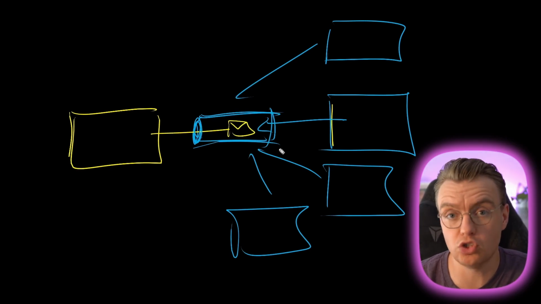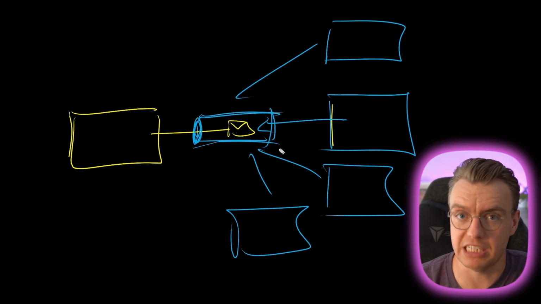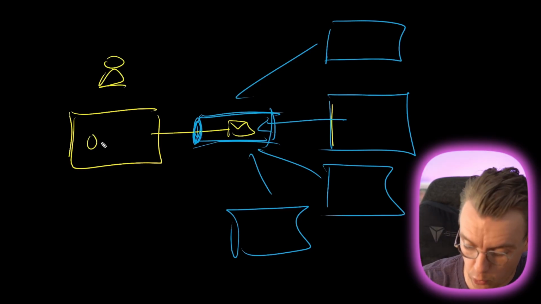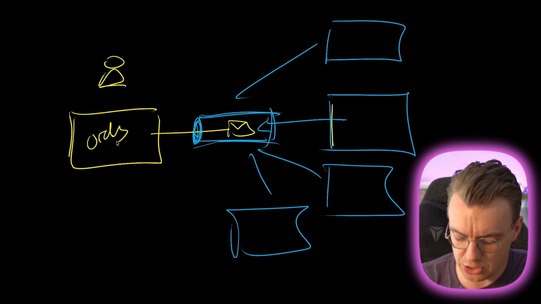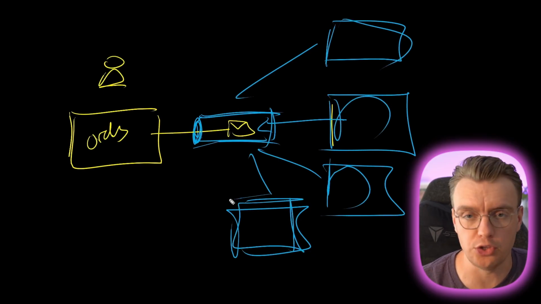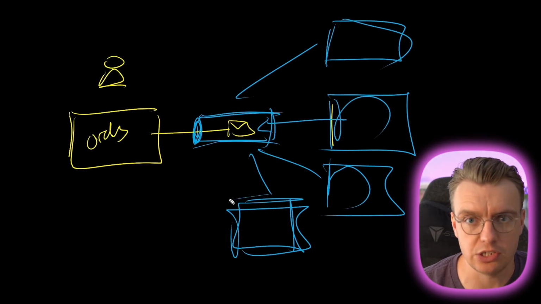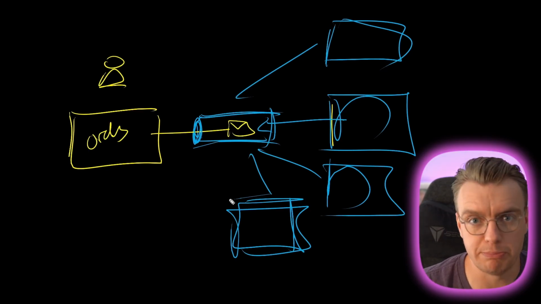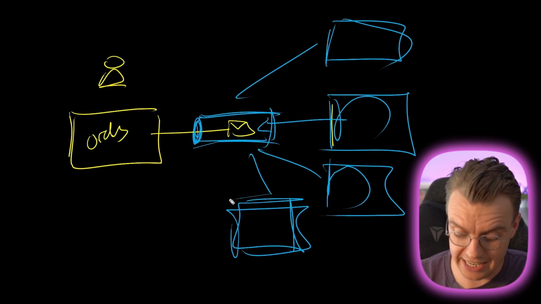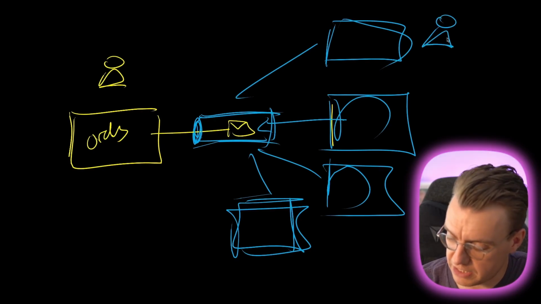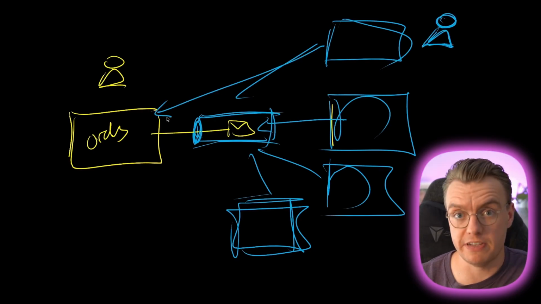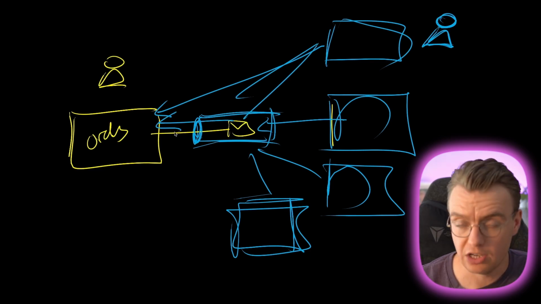It does make understanding cause and effect incredibly difficult, because understanding that as a developer of this service here, maybe this is the orders service, understanding that actually you've got these 4 downstream systems that are all really dependent on you, not making breaking changes or not stopping publishing events or changing how you do things. They are all dependent on you. And equally, as a developer of one of these downstream systems here, you also are dependent on the order service back up here, albeit through the proxy of the message channel.